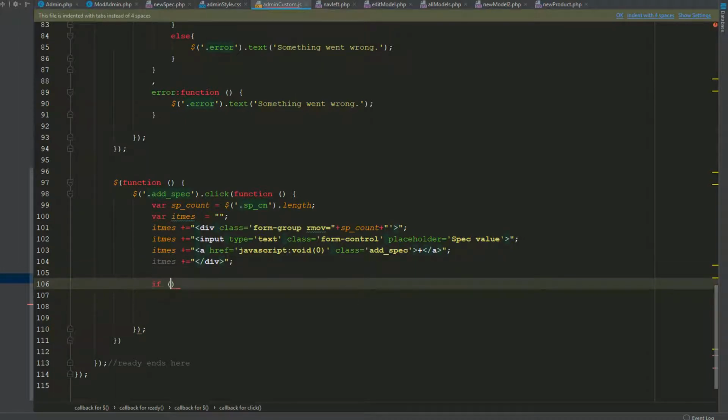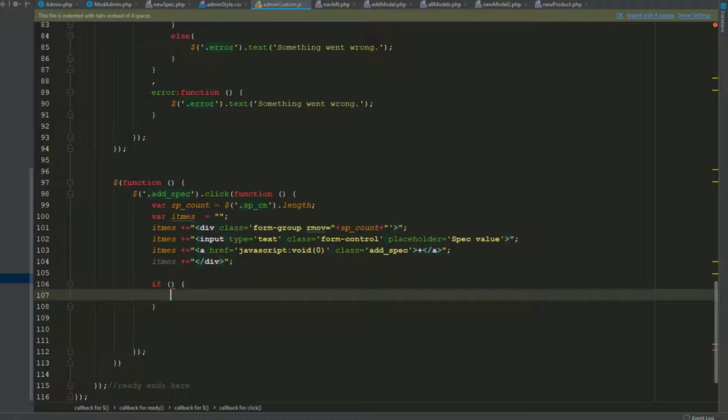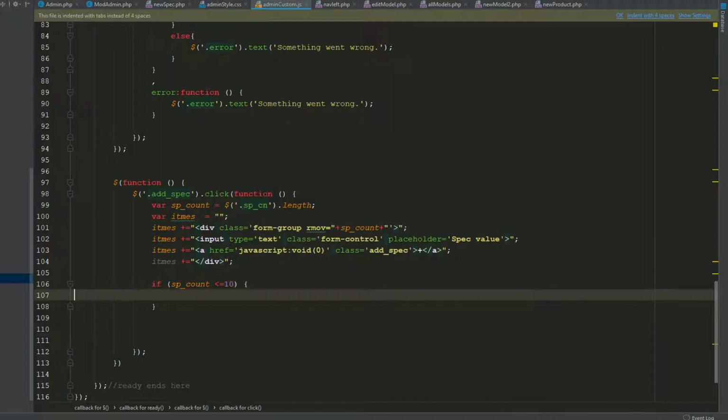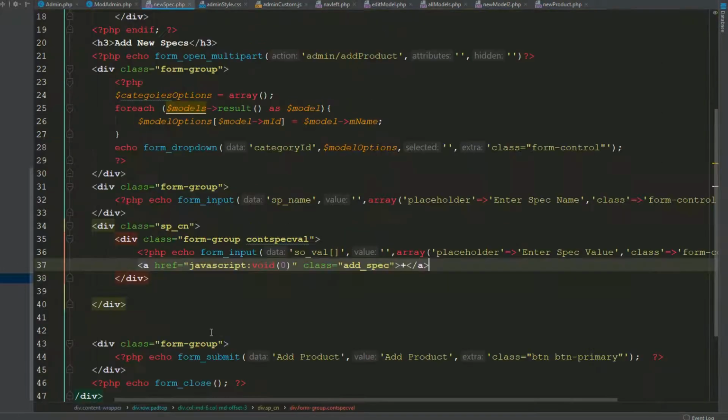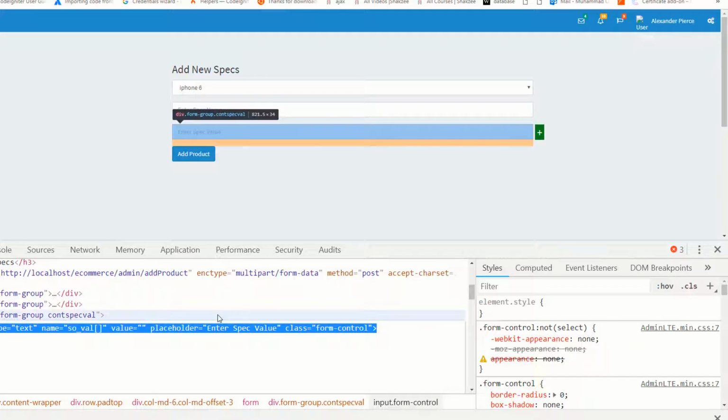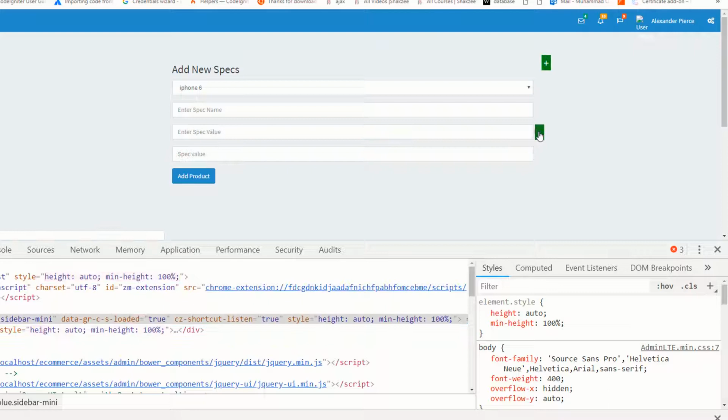Now you can use the if statement to check the spec count. So I'm saying this is the limit of the specs, less than equals to 10 for suppose. Okay, I'm saying this is the item, and now append. Which append items? Append the items. Go to the page, Control F5. So now click on this. As you can see, you are creating the dynamic form,